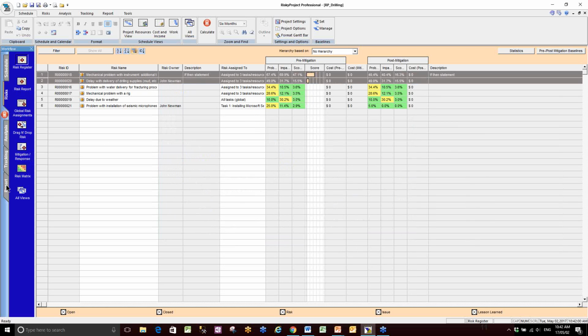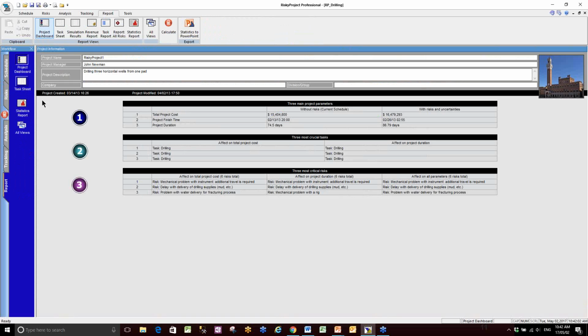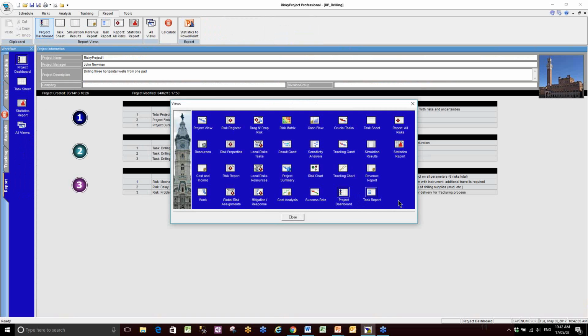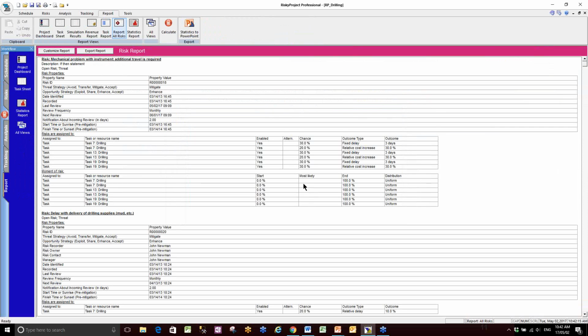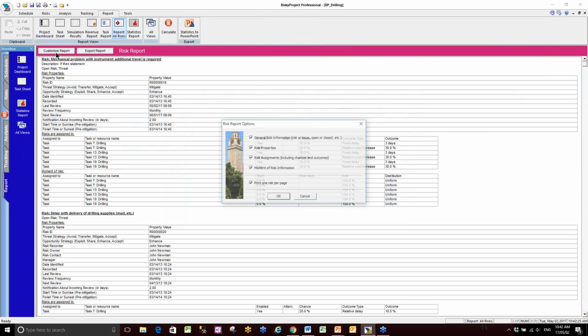The other piece that we do have on the reports, and this one is hidden, but I really like it, is the risk report. What this does is give a grid-style report of all of the risks in the system. We can customize that a bit if we want. I'm going to remove that. Really where I see this has been quite powerful